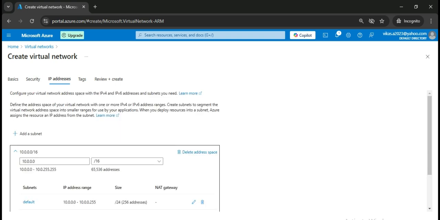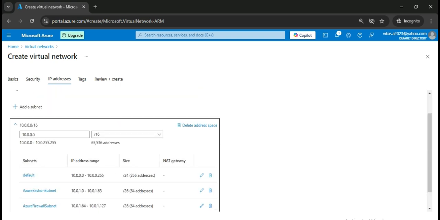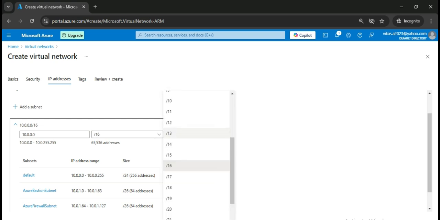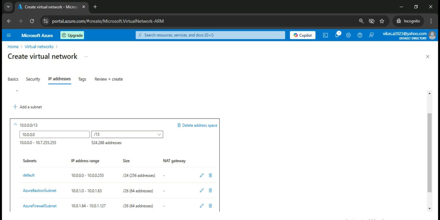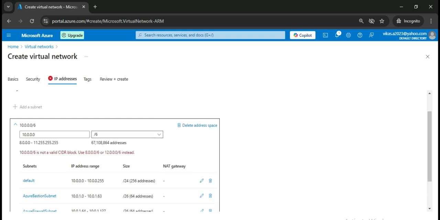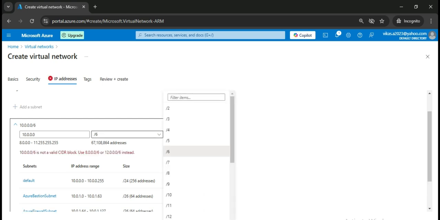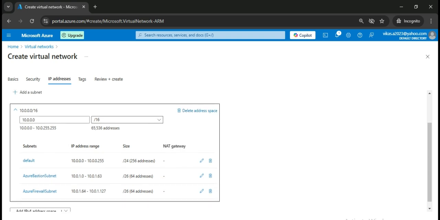So let's go to the IP address. In chapter 1, I already covered the CIDR. So this is the IP address range. We'll see we have selected the default range, that is slash 16, so it allocates 65,536 addresses. But if you change it, for example to 13, it will allow these addresses, and if you change it to 6, it will allow this. So I'll use the default one, that is 16, and then I will not change anything